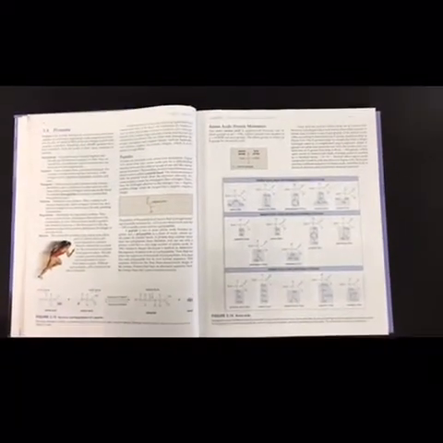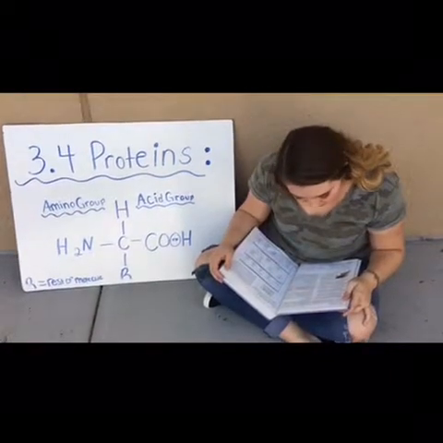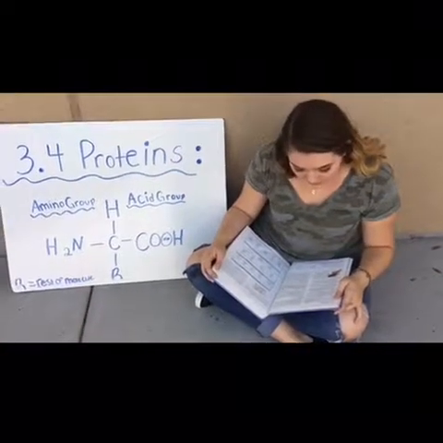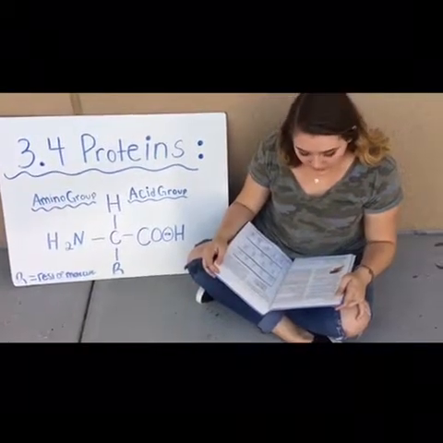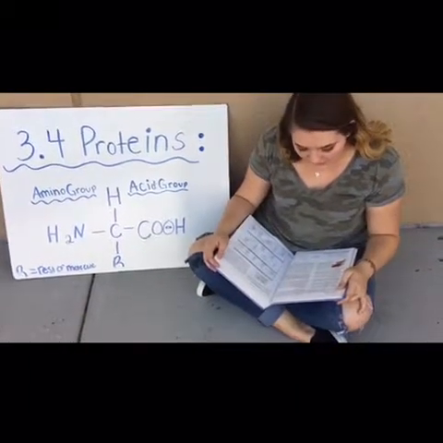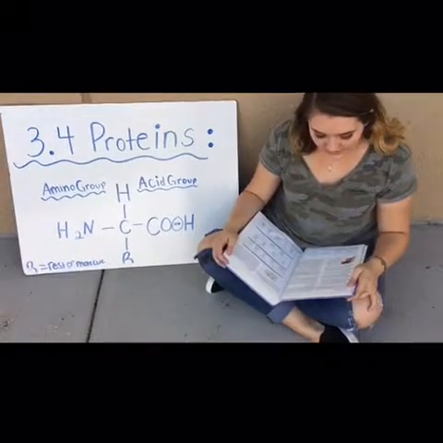Section 3.4 Proteins. Proteins, as their Greek derivation implies, are of primary importance to the structure and functions of cells. As much as 50% of the dry weight of most cells consists of proteins. Presently, over 100,000 proteins have been identified. Here are some of their many functions in animals.